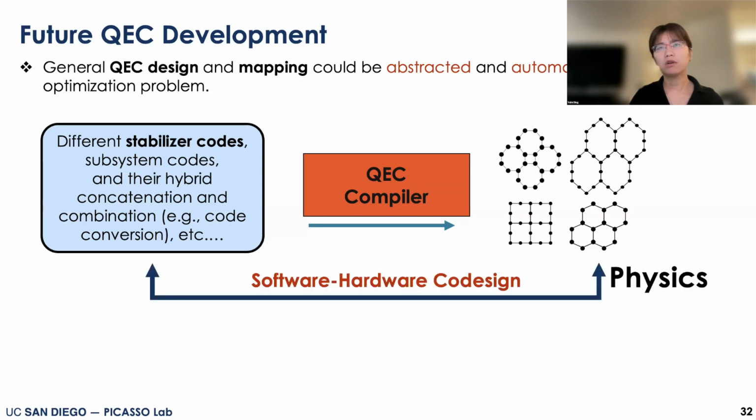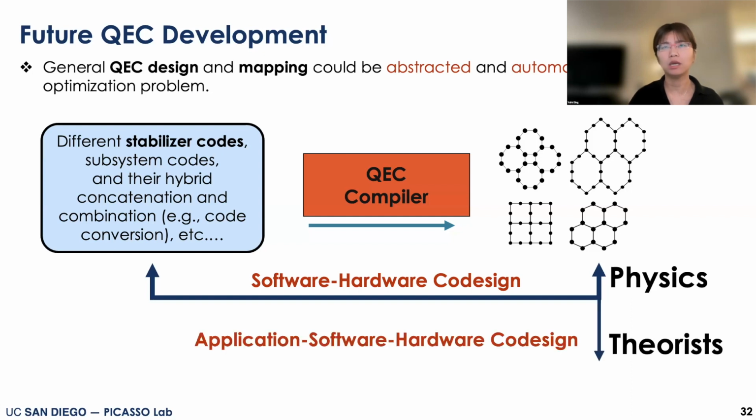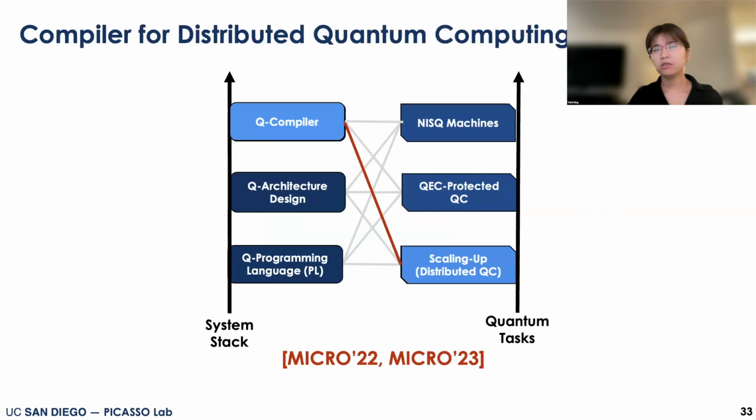We also believe that potentially code design, with QuCS codes toward your hardware, could be a better solution. That requires working directly with the physicists to understand which parts can be tuned and which parts cannot be tuned. And for the near term, if we really want to enable this infrastructure for some killer applications, it's also possible to do application, QuCS and hardware co-design, and that requires working together with a series. So a lot of things are to be done here.